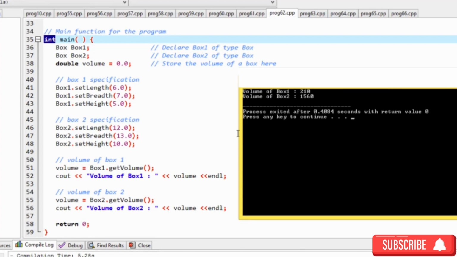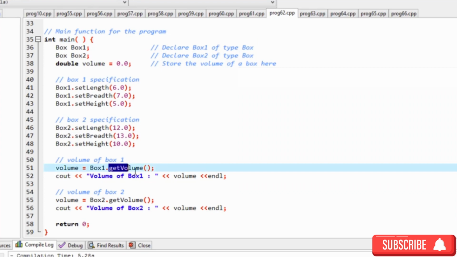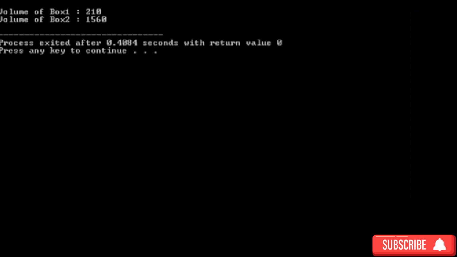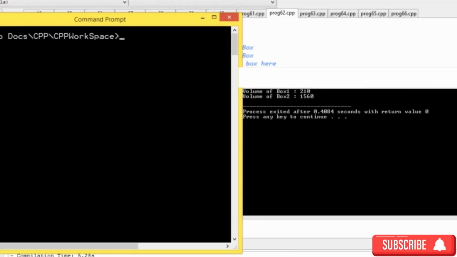So this volume has got calculated through the member function, that is our get volume. Okay, now let me execute the same using GNU++ compiler. So I'm going for this one. So G++